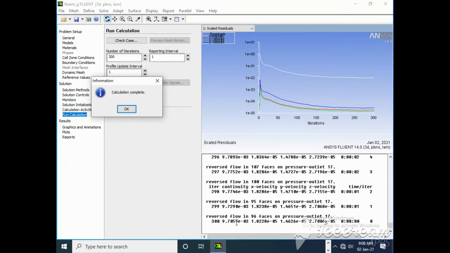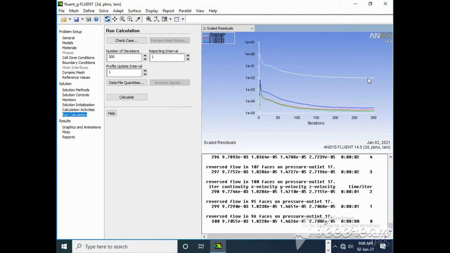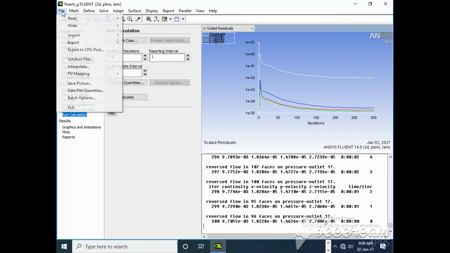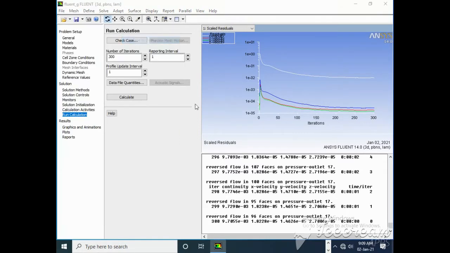Now you can see at 300, if you observe this curve, it is as good as flat. So we can increase the number of iterations, but I think it will not vary much more. So I will stop here and write this case and data file,